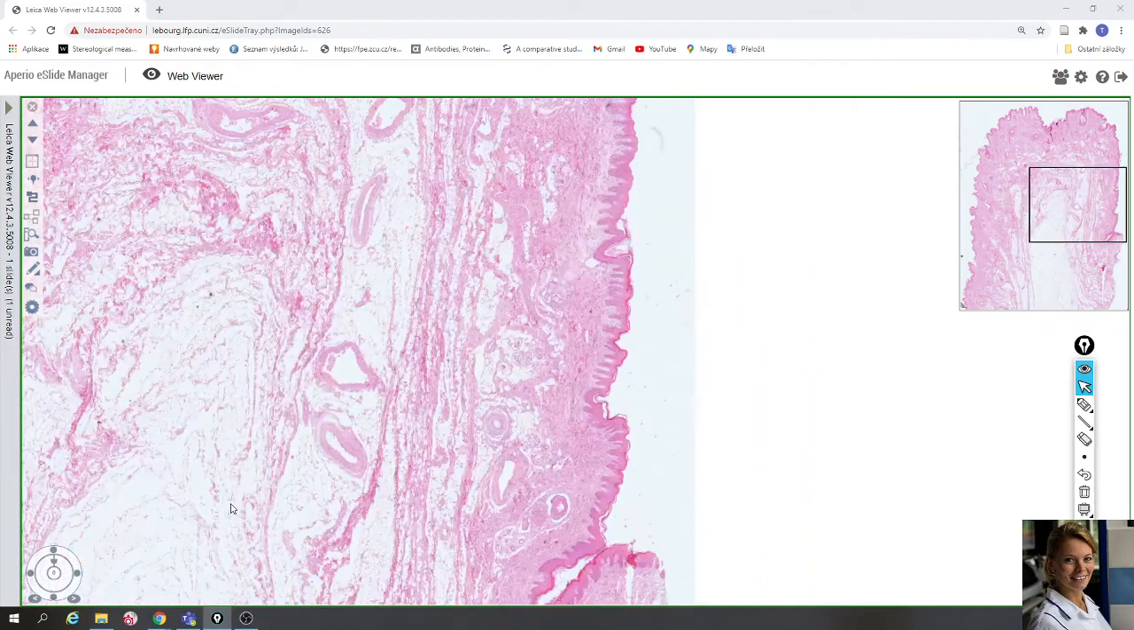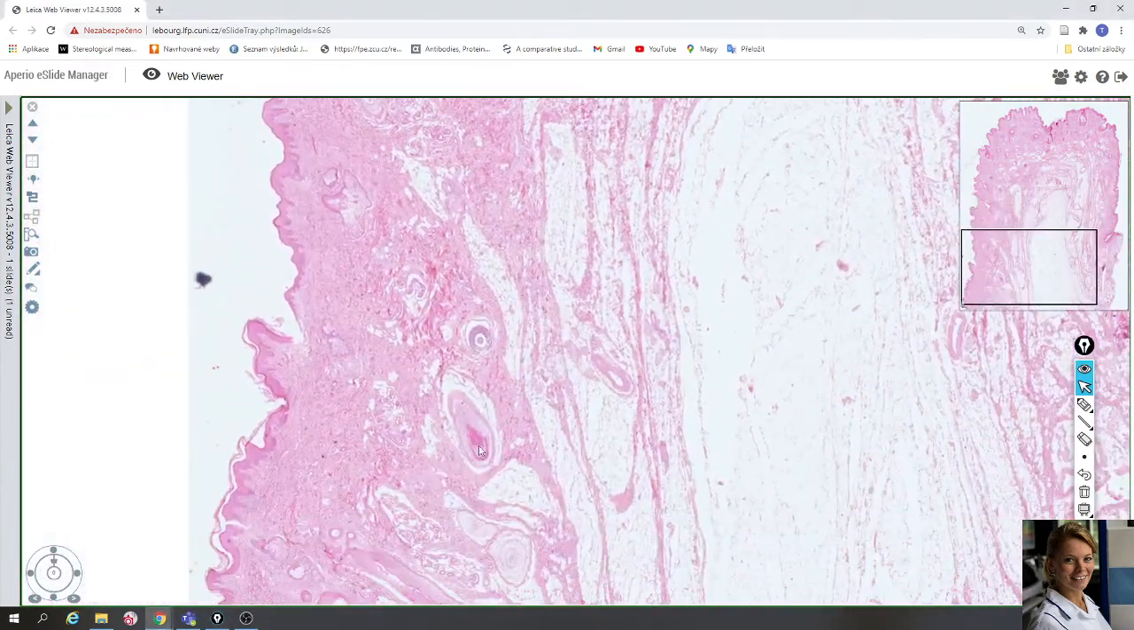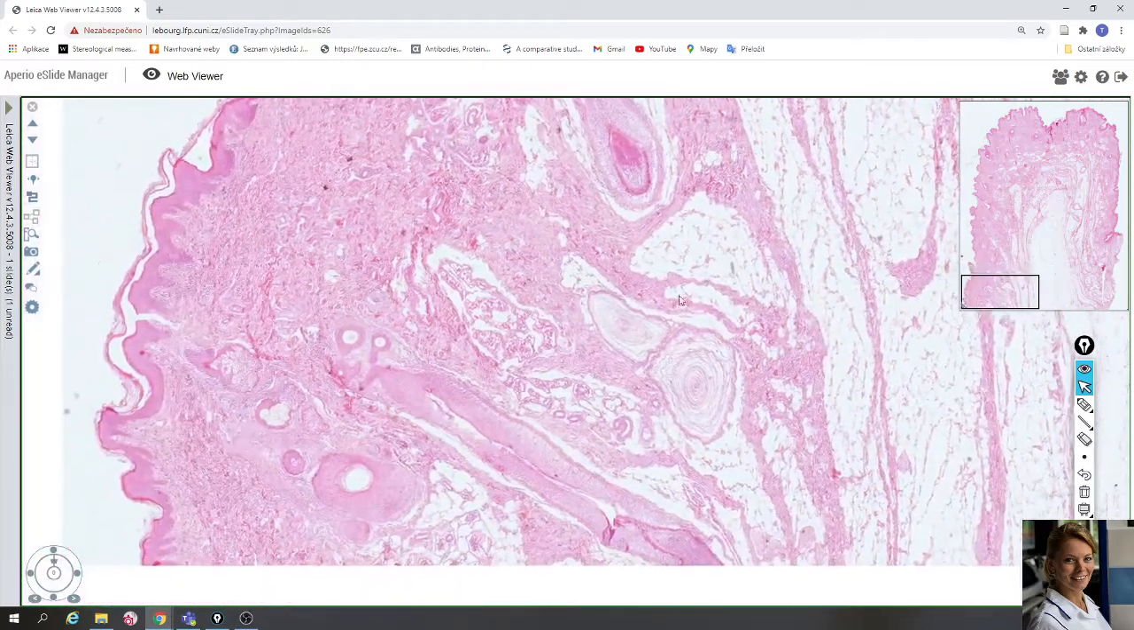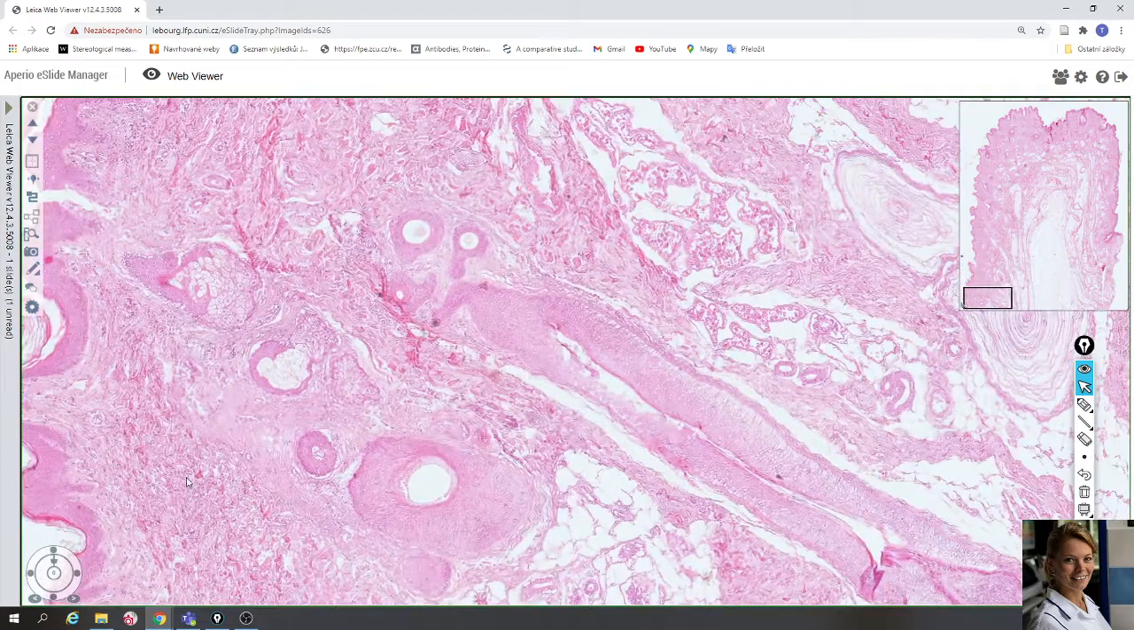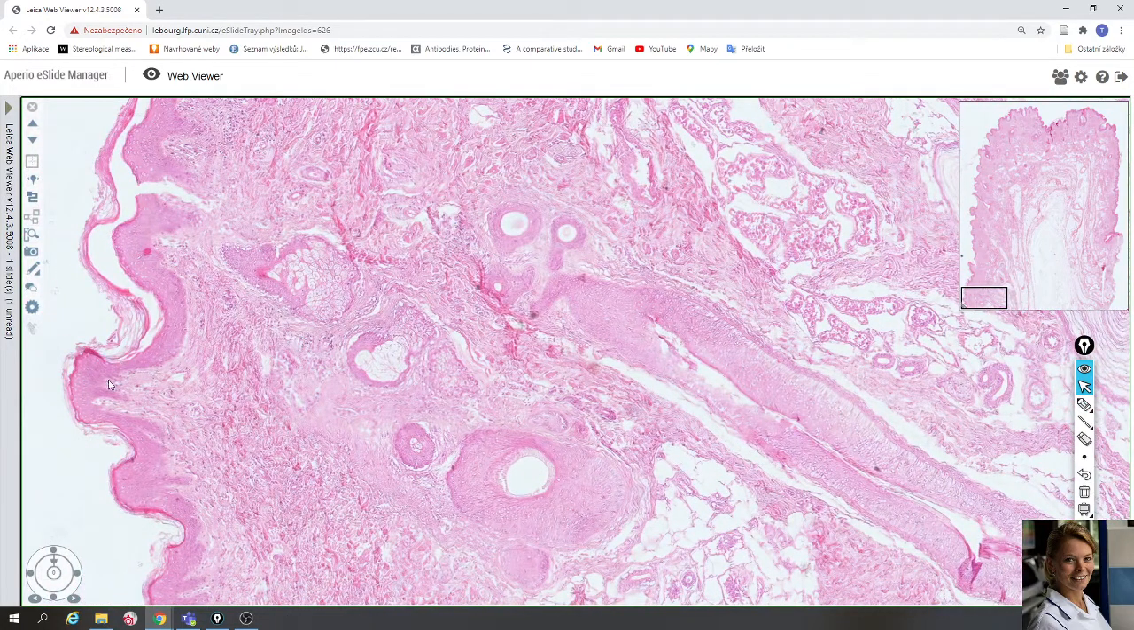So we will look more closely at the skin glands. For example, here you can see the epidermis with many layers of cells: the stratum basale, spinosum, granulosum, and corneum, and the underlying dermis. The papillary layer is made of loose connective tissue, and the deeper reticular layer of the dermis contains dense collagen